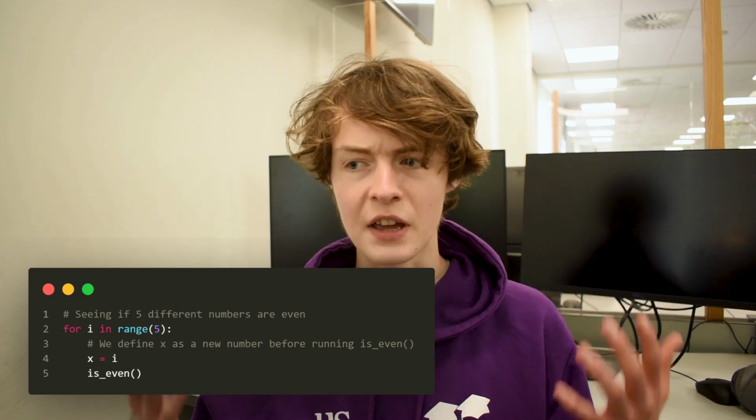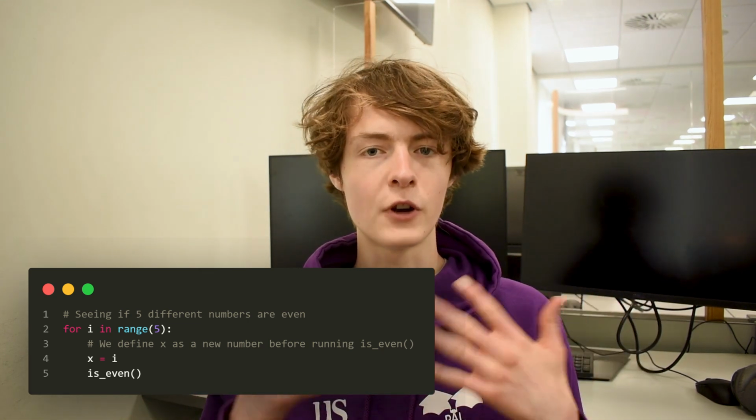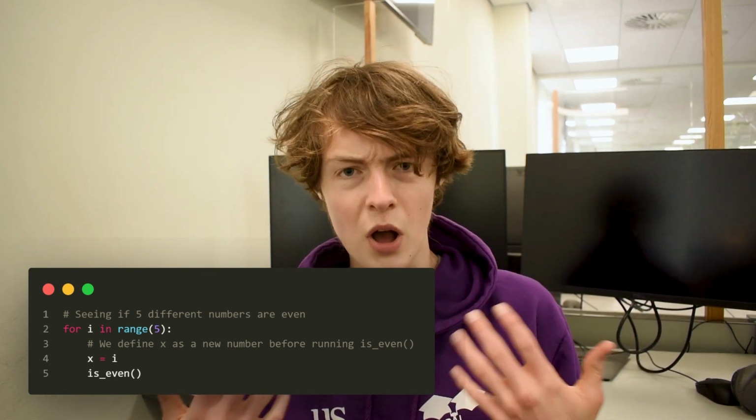What if we need x for something else? Or if we forget to change it, or forgot to define it altogether? Sure, this works, but it's far from ideal. There's too many things that could go wrong. But lucky for us, there is a solution. And it's got everything to do with those brackets.